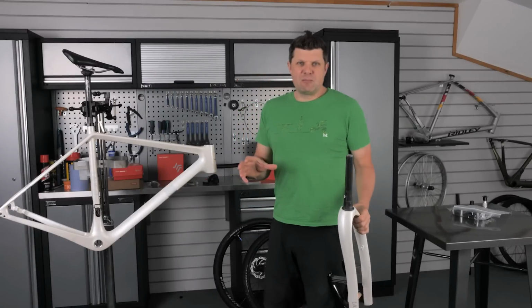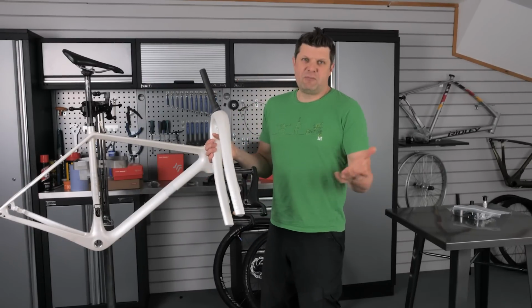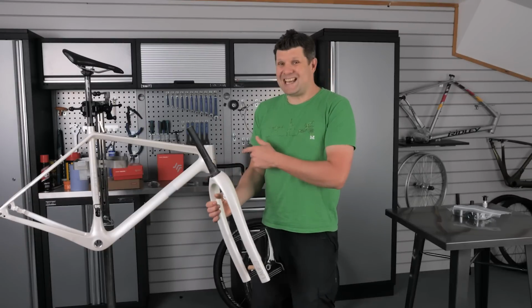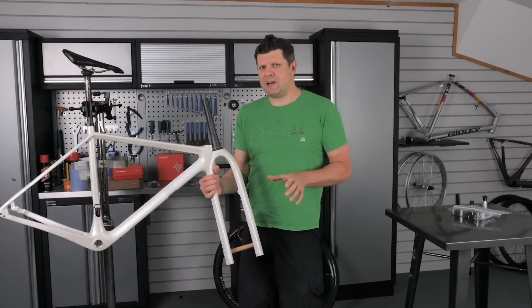So today we have something slightly more interesting than usual. We have a Lauf, I think it's pronounced. These, you've probably seen these before. This is the leaf spring suspension built into the fork. Now this is an Icelandic company who manufactures in Iceland, and I think they do some manufacturing in the States